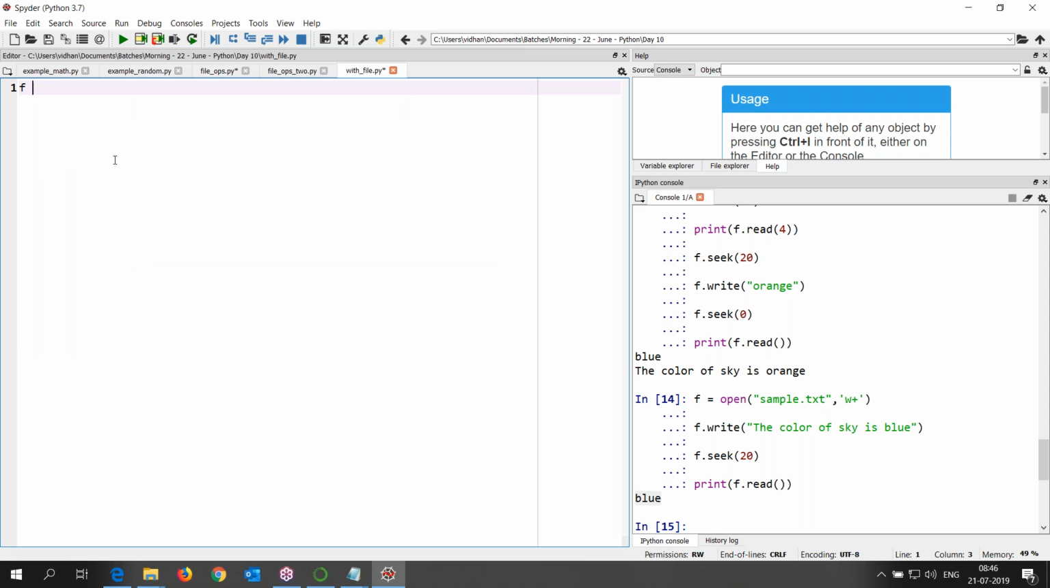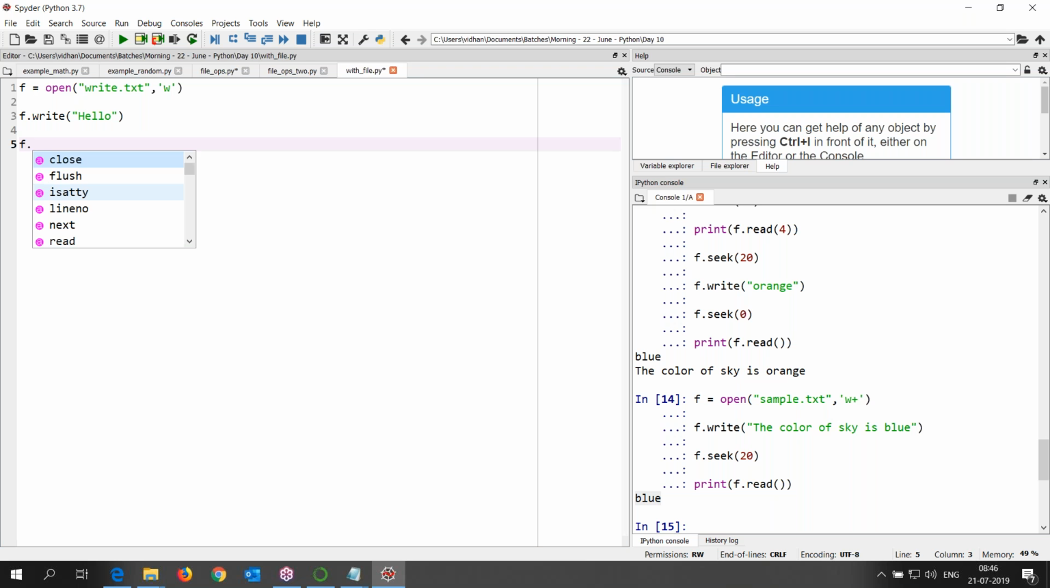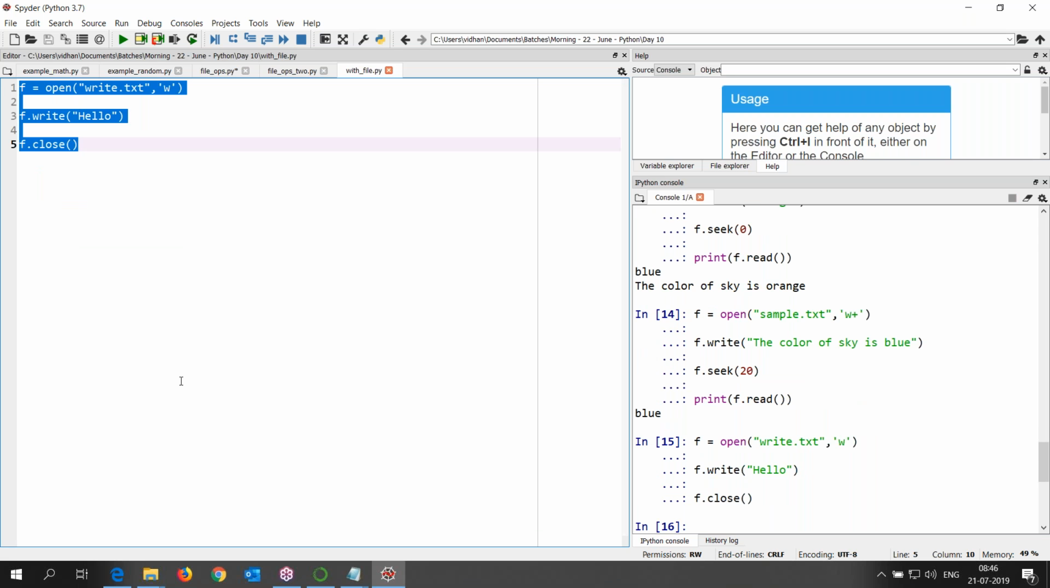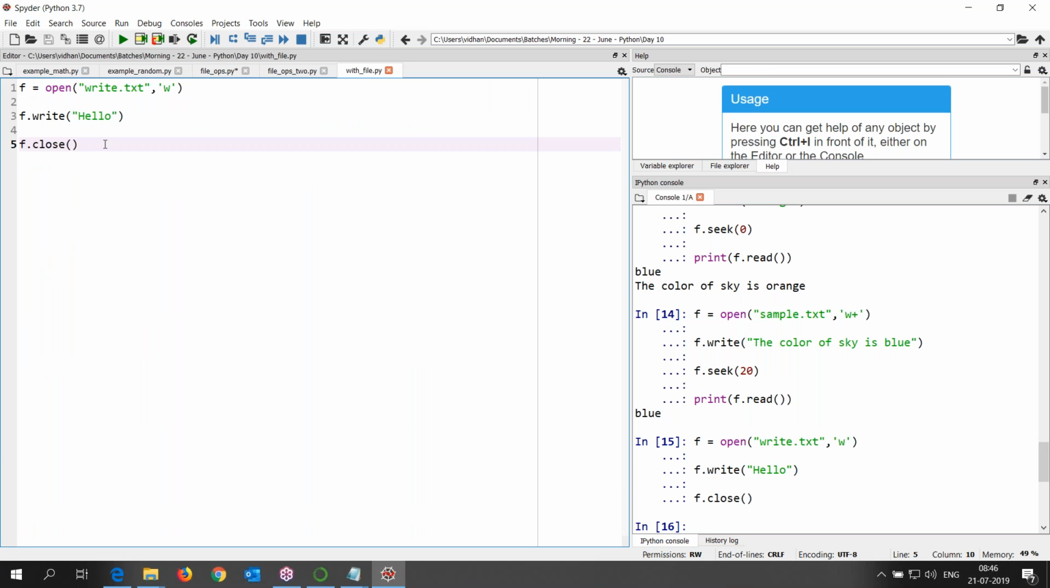Say you have a file object, you open that file write.txt, and when you open it in write mode, you know that f dot write is whatever you are going to write, and then you do f dot close. This is how your simple write operation looks like. You can check in the file text, and you have written hello there. Now if you repeat this operation,